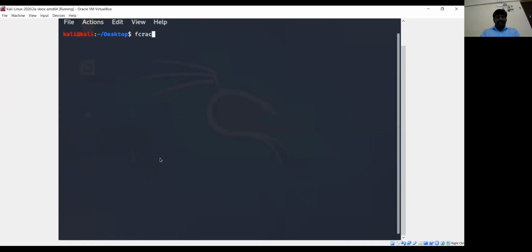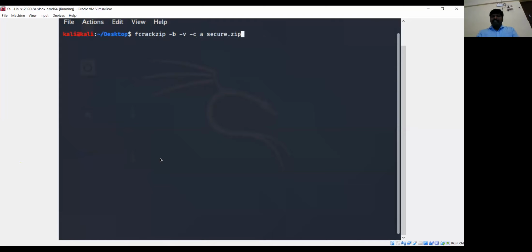First we'll type the command fcrackzip. I'll dictate as well as type so that it will be easy for you to follow. Fcrackzip, and then minus b for brute force attack, minus v for displaying the characters, and then minus c for the character set which I'm going to use. If I know that my password consists of only smaller letters, then minus c followed by the smaller letters, and then followed by the file name. This is the file which I want to crack the password of.